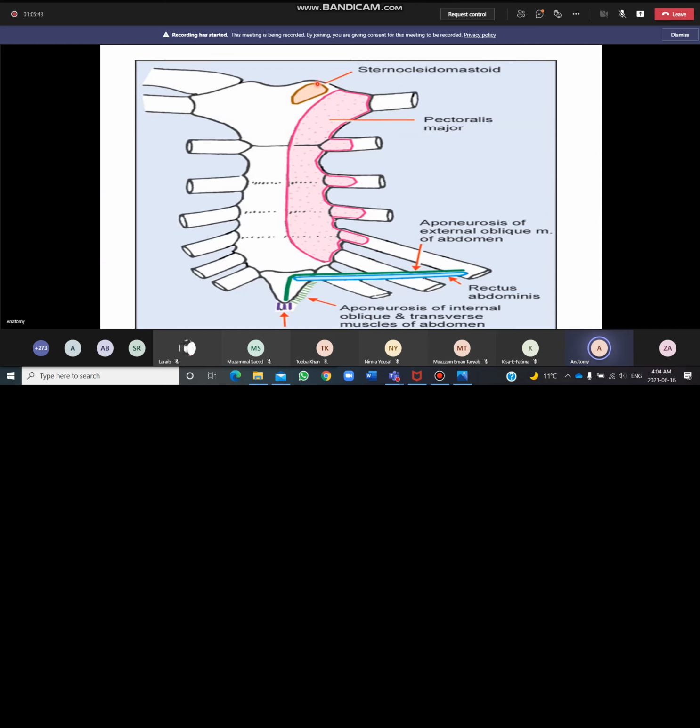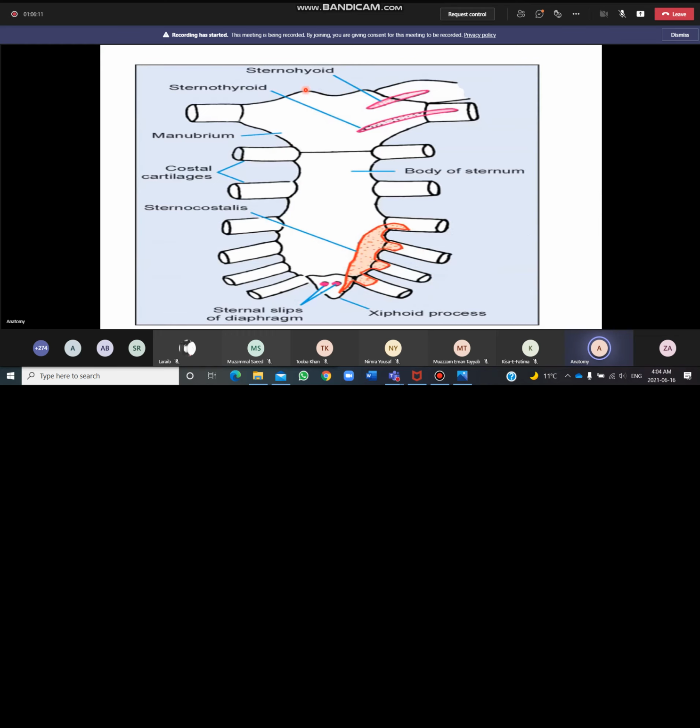Another muscle is of the neck and head region. You know the superior aperture of the thorax is located here. This is the superior aperture which forms the boundary between the thorax and the neck region. At this region, one of the muscles of the head and neck region is named sternocleidomastoid. Its attachment is on the anterior surface of the manubrium. So the manubrium has attachment of the pectoralis major and the sternocleidomastoid. So this was the anterior surface.